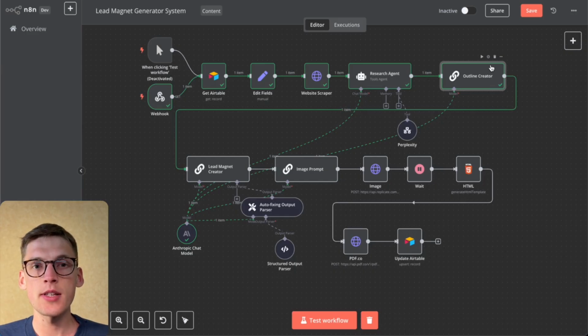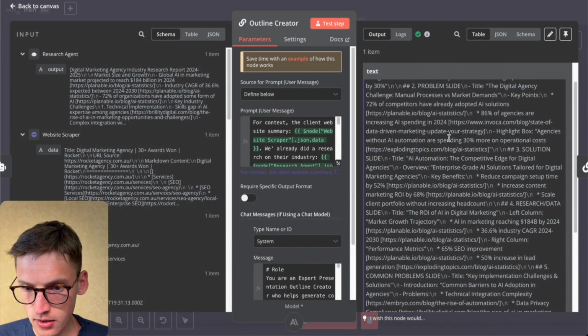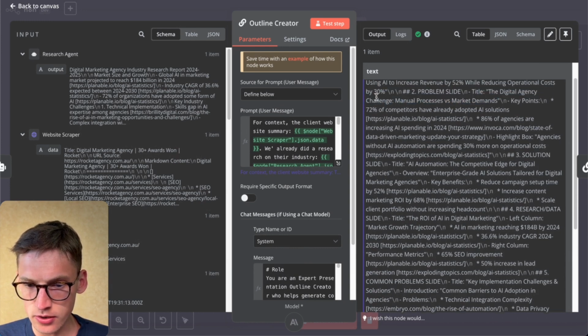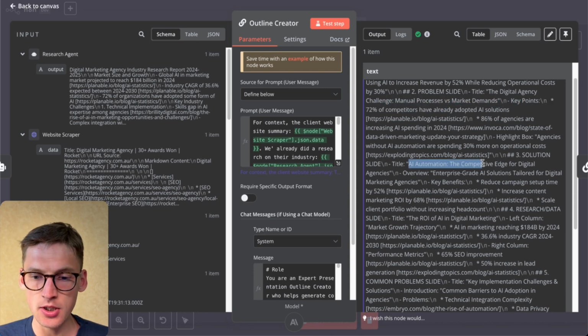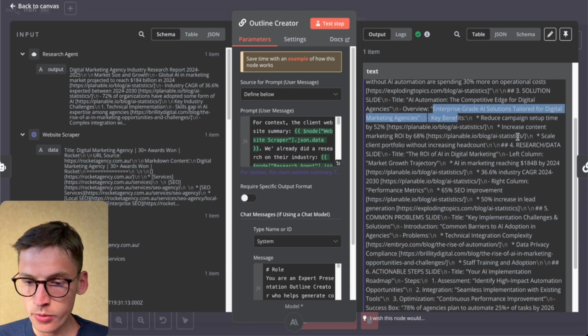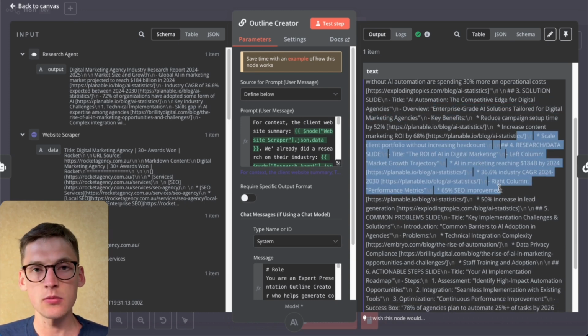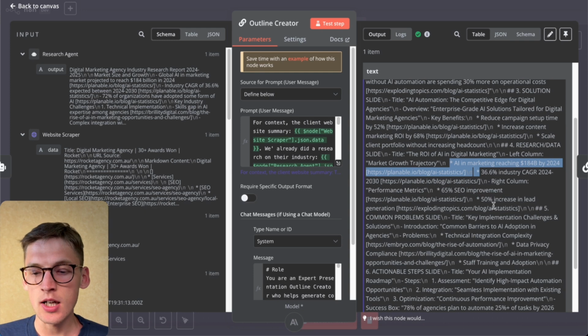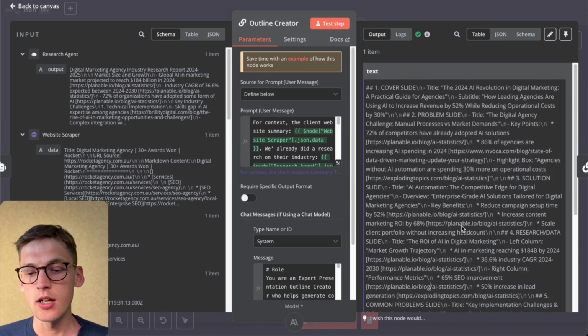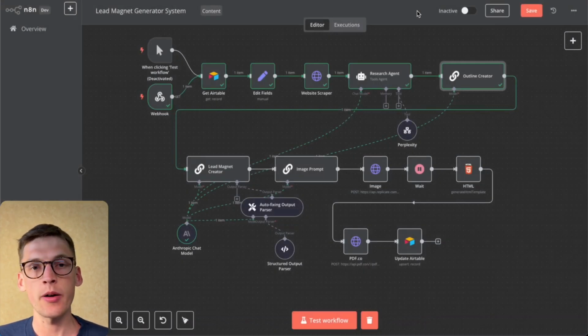After a couple of seconds, we have our outline created, so we can look through the content we got. We have the problem slide explaining the digital agency challenge that is happening right now, the solution slide, so how automation can help digital agencies, the content overview, the research underlying this whole report, and what numbers we can insert in our slides. So 36.6% industry growth. Basically we insert a bunch of information and research in our outline to reference later